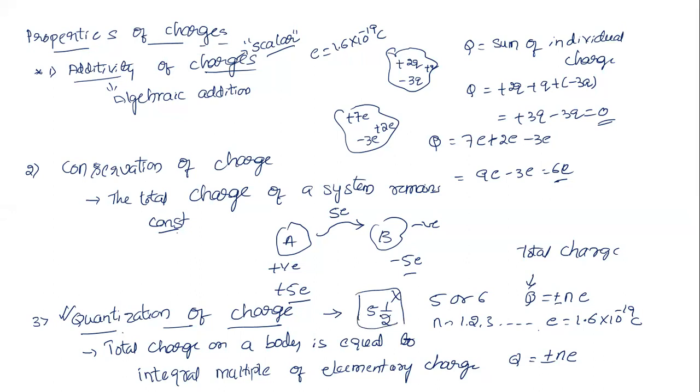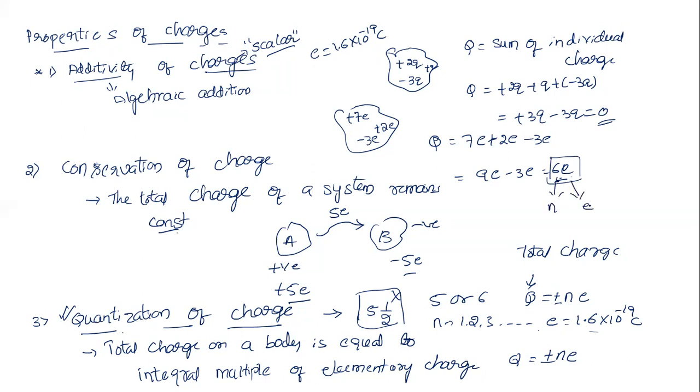Now listen here. As in the example I gave you, roses, you cannot go and ask for 5.5 roses, meaning half does not exist. Here, if you take any body, it must contain n number of this elementary charge. Example, in the previous example I took the total charge as 6e, right? Look at this, 6 times e. 6 indicates the number and e indicates the charge.